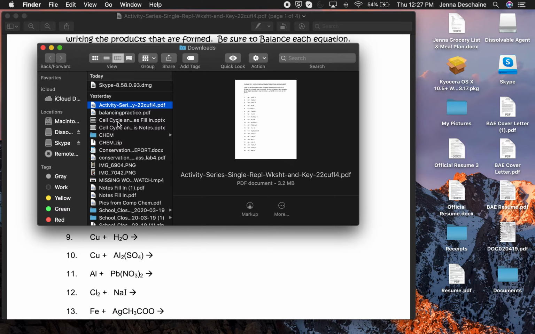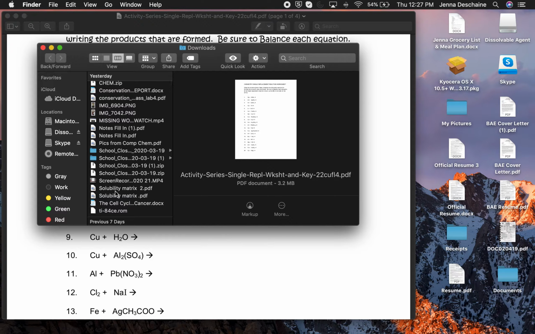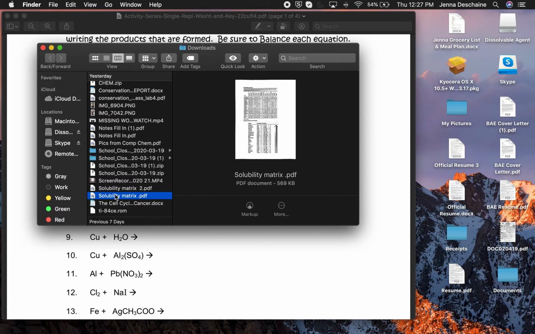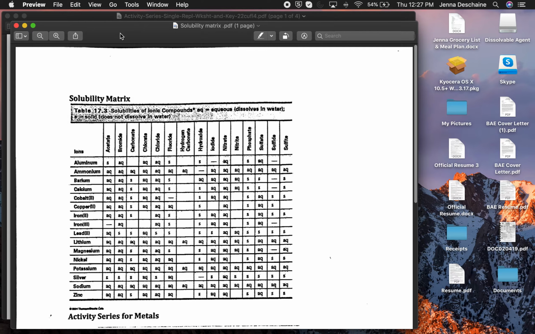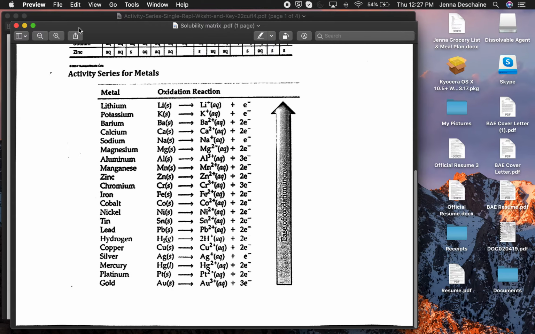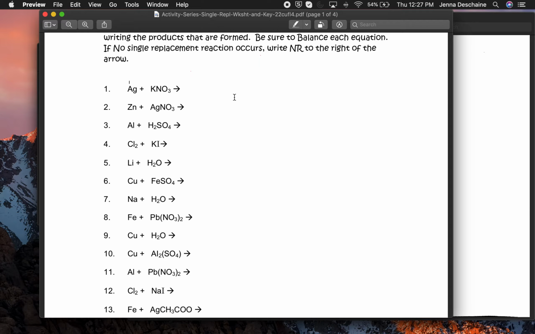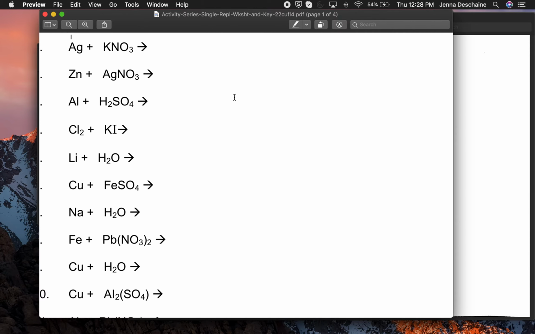Where is it? Solubility matrix. Aha. Here it is. All right, so this is the solubility matrix that you guys have, so I will be referring to this throughout this review video, okay? So if we start with number 1,